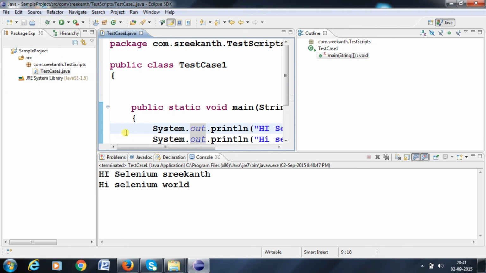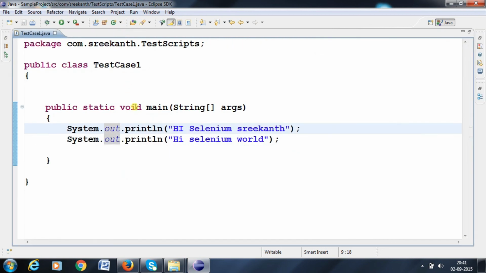After that, we need to create the main method, the class, and the package. So this is how to set up Eclipse in your system. First you need to download and install the JDK. Then you need to download Eclipse, no need to install, directly we open the exe file. But the prerequisite is that we must install the JDK. So very clear. This is the way we create the package, and then the project, class, and workspace.